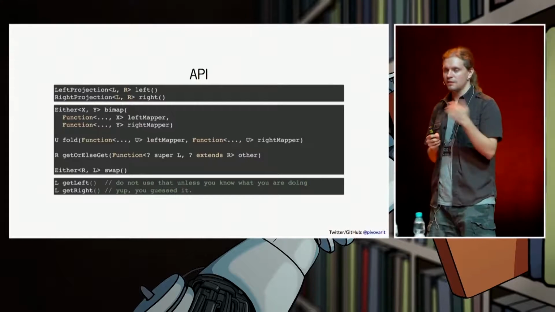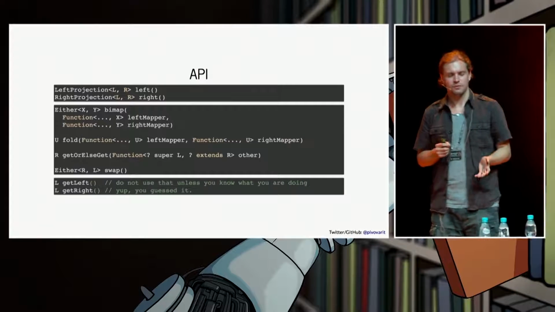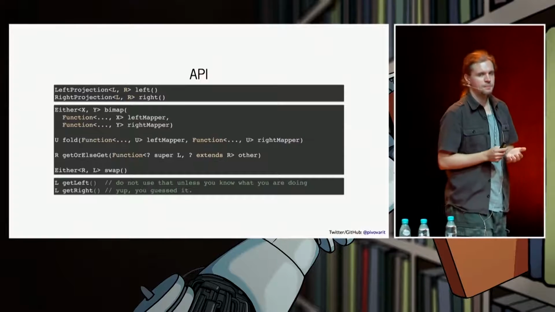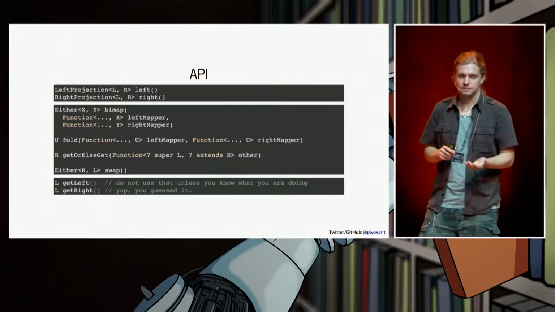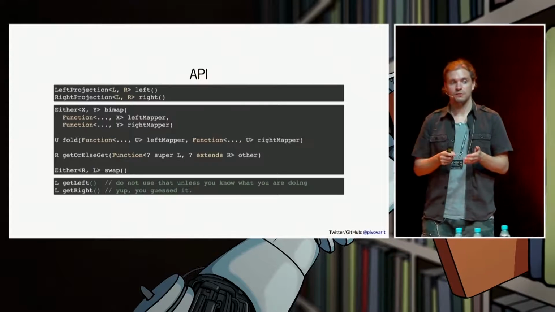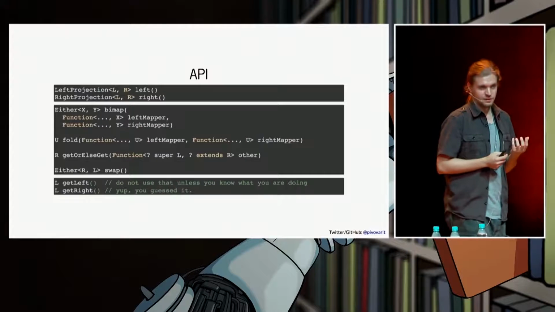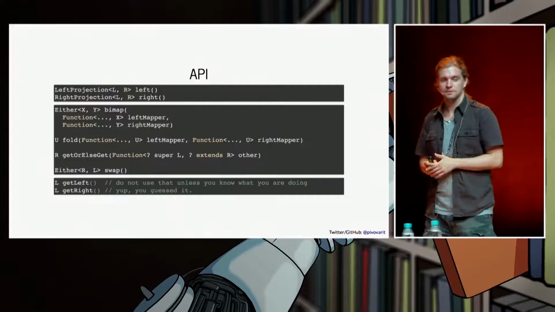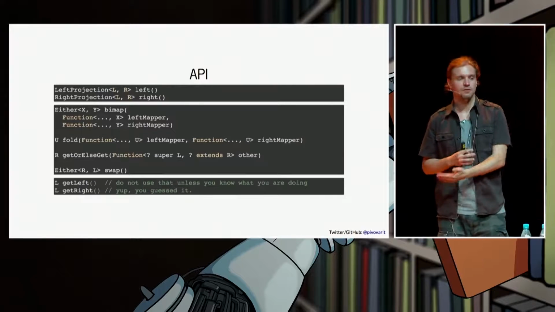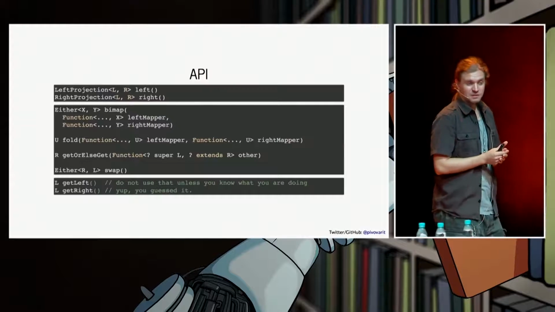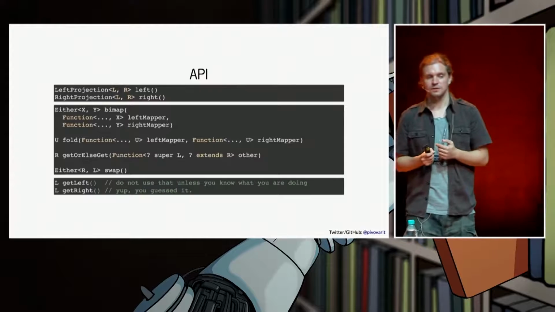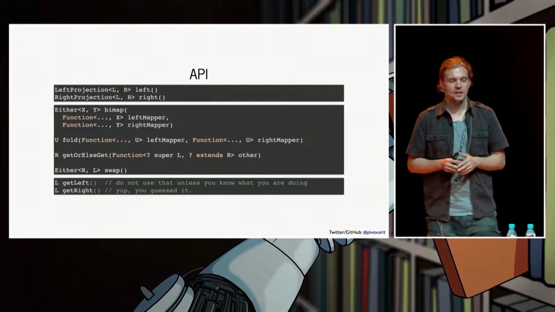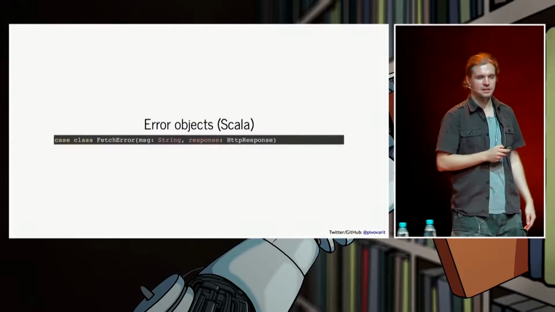So for example, if you create a left projection, pass something to a map method, and it turns out the Either was left, then it gets executed. But if it was right, nothing happens. And the other way around. If you have a right projection and underneath is the right one, and you call map or filter, something happens. But if it's the left one, nothing happens. Obviously, you will see many different methods even on unbiased ones, but usually they will be very cumbersome to work with, because you would always need to pass methods for two cases. So remember projections, it makes things easier.